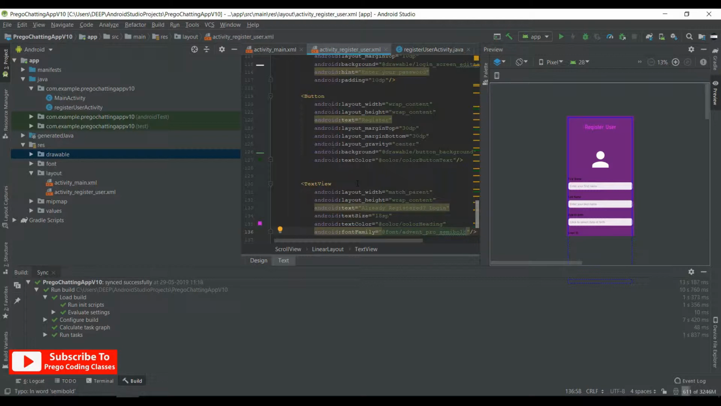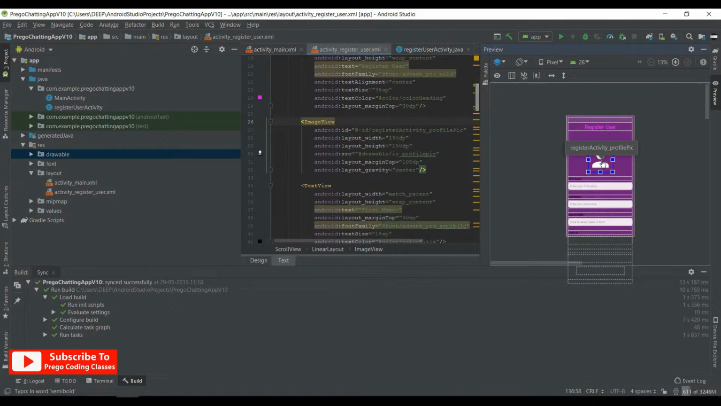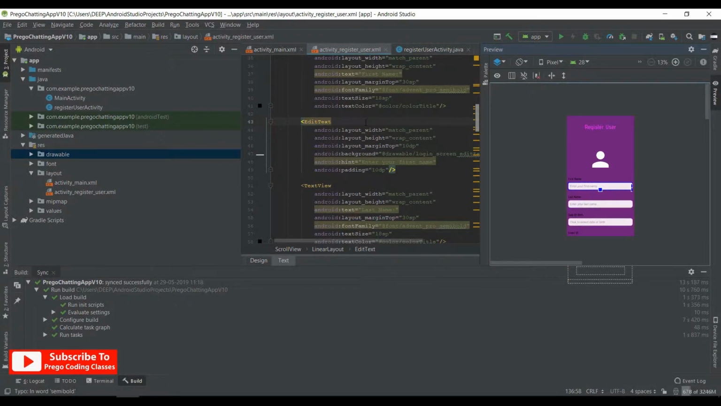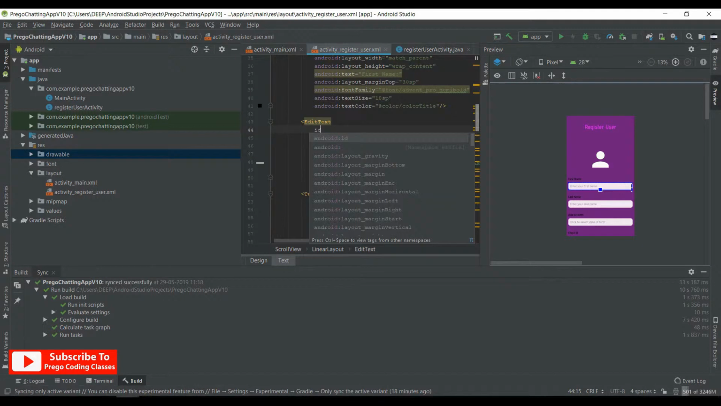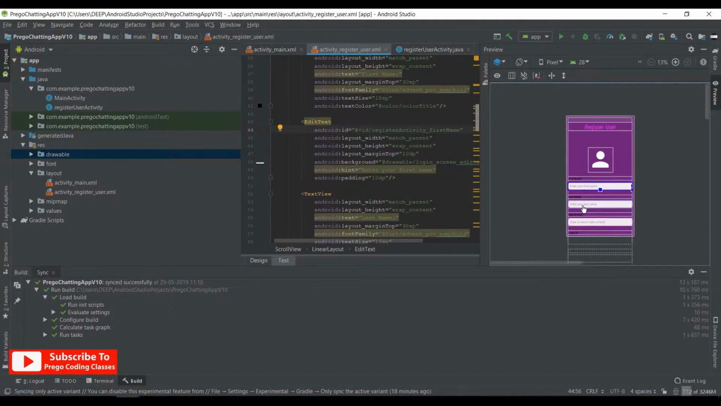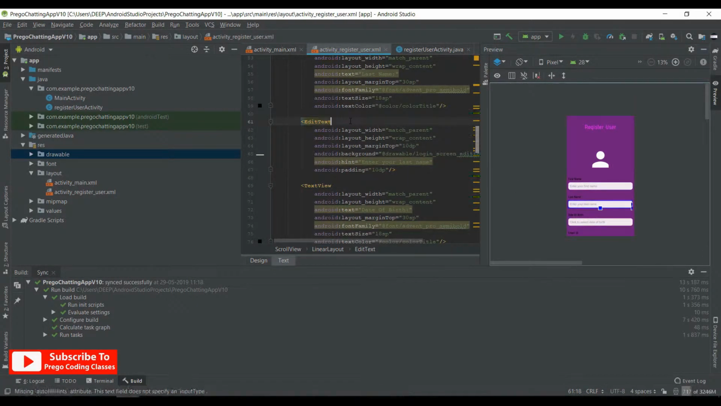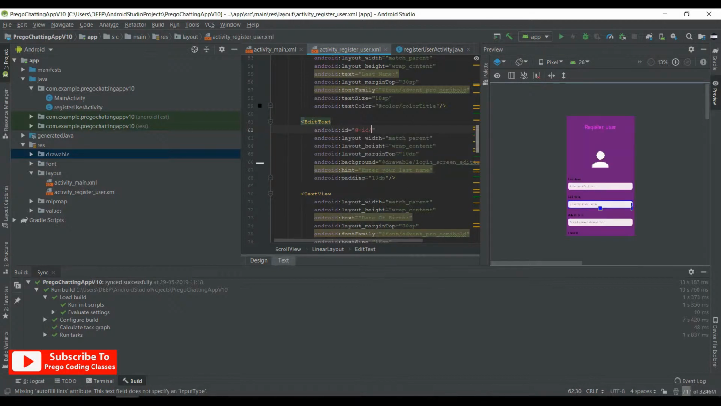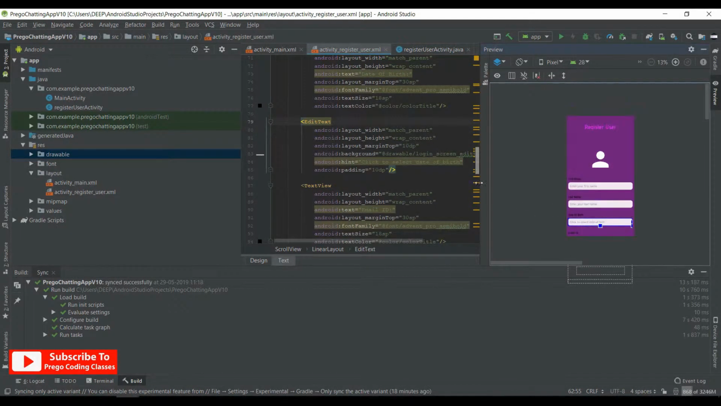So we need an ID for everything. Over here, I'll give it an ID. We have already given it. So in the edit text, we need an ID, register activity first name. Second, we have the last name. So ID, register activity last name, and date of birth. We have it here, ID,